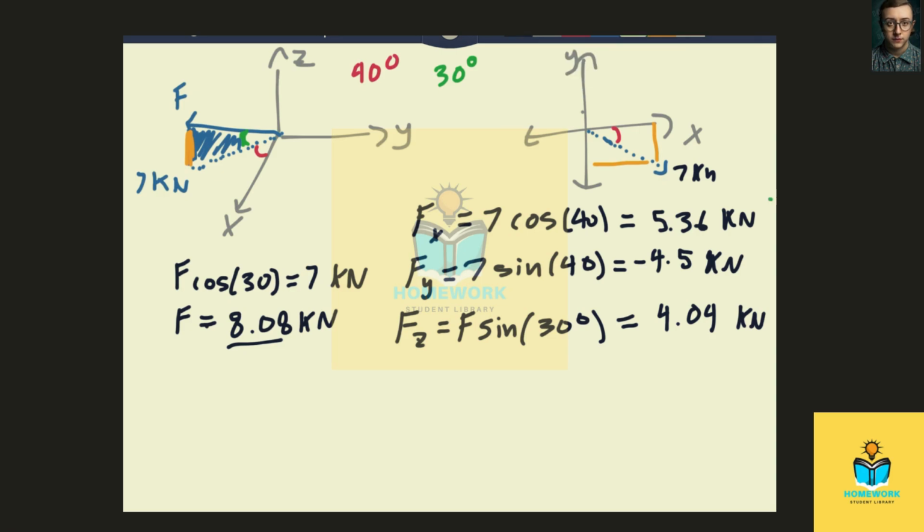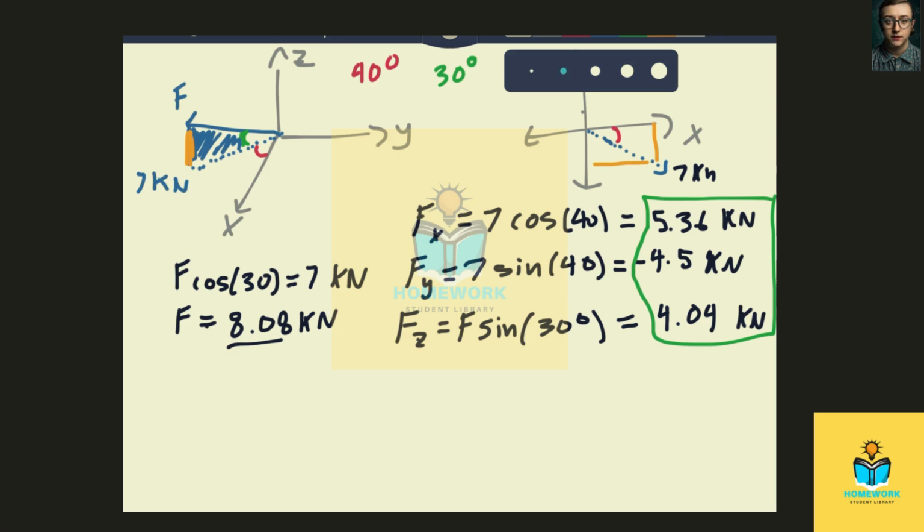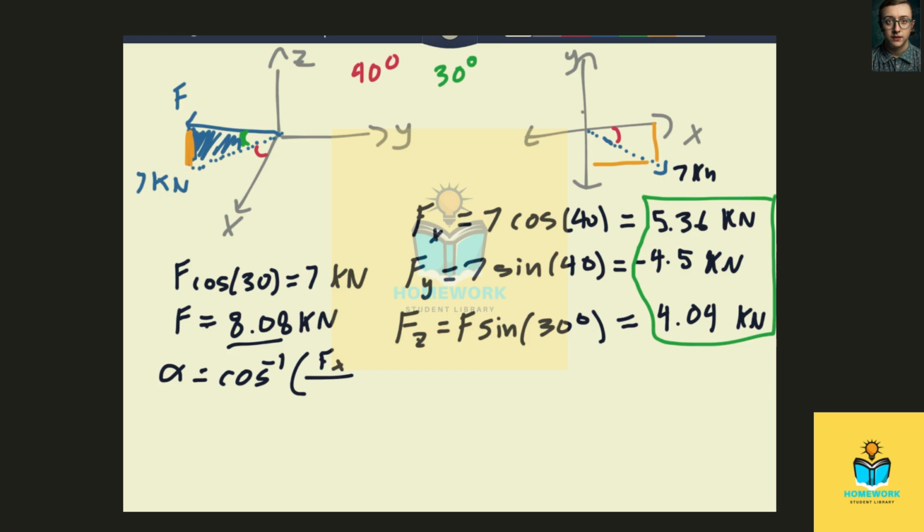So now we have these three values, right? And using those, we need to determine all the coordinate direction angles, alpha, beta, and gamma. To do that, we have a few very simple formulas we can use. So alpha equals arc cosine of fx over f. And this is true for all of the components. So it'll be fy over f and fz over f for beta and gamma, respectively. So if we plug in each of these values that we just calculated and the f value that we just calculated,